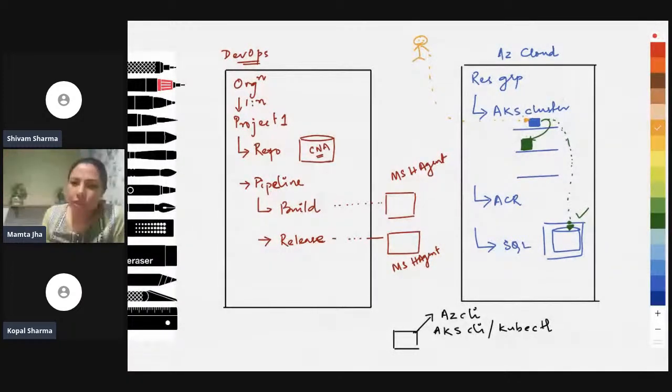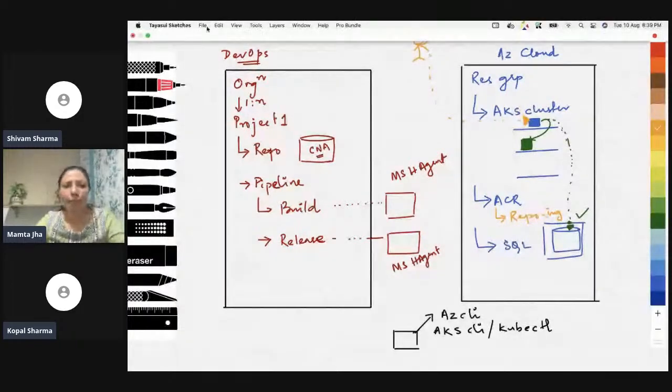So if I'm going to deploy my application manually, then I don't need connectivity between my DevOps and the Azure Cloud account. But if I need automated deployment, automated push of the image in my ACR, I would have a repo created. In that, I would keep the image. So two images are there. One is the front-end image, the other the back-end image. The front-end image, we are pushing. The middle tier image, we are using from docker.com. Now I'll just save this picture so that we can come back to this.